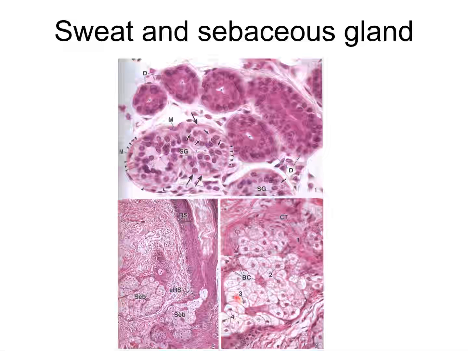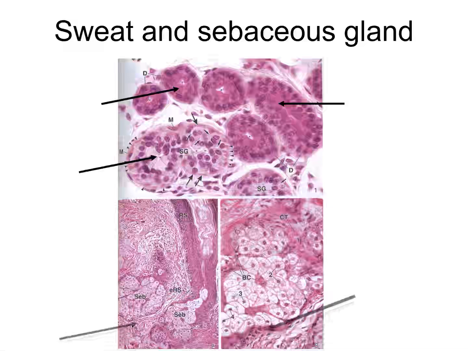The details of the cells cannot be seen because the sebum has been washed out. The boundaries can be seen, and the dark color areas or dark color cells are the basal cells. Actually, these cells are dying or dead cells which are excreted along with the cellular contents as sebum, and the basal cells act as stem cells from which new sebaceous glands are formed. This is the lumen of the gland and the lumen of the duct, and these are the